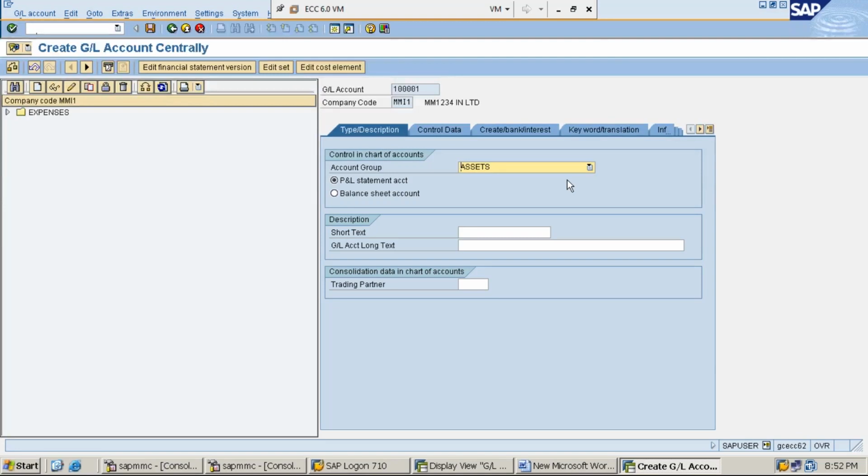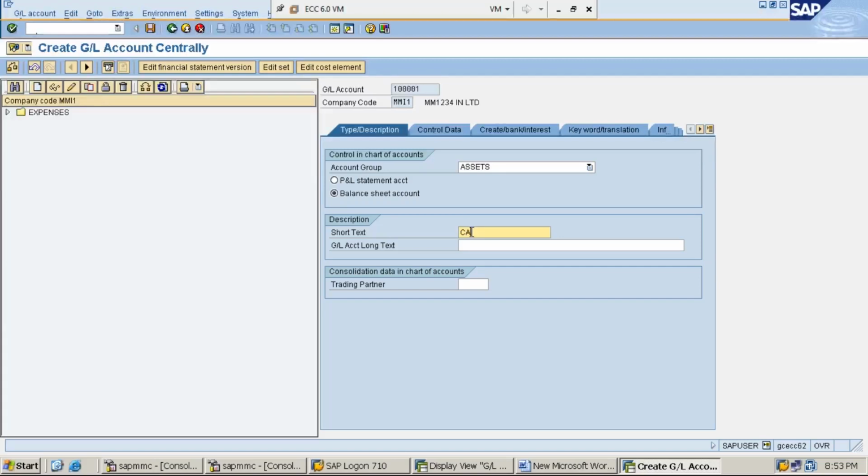Then, as it is an assets account group, does it fall under P&L or balance sheet? Balance sheet. So select the balance sheet account radio button.